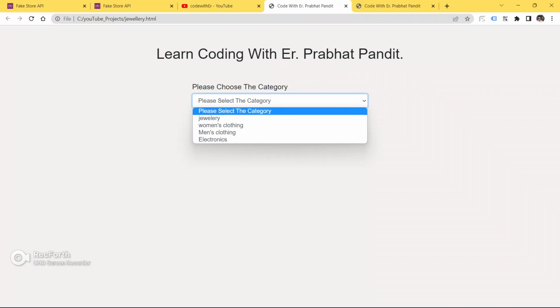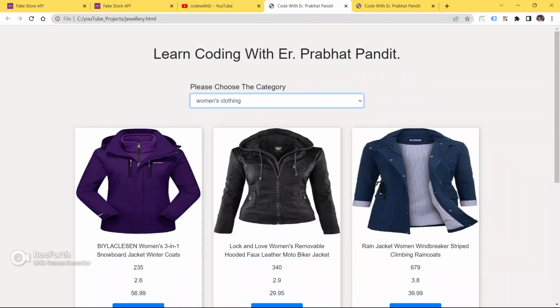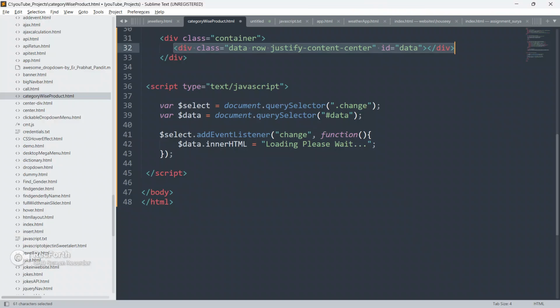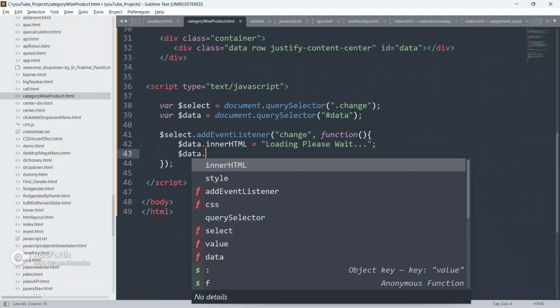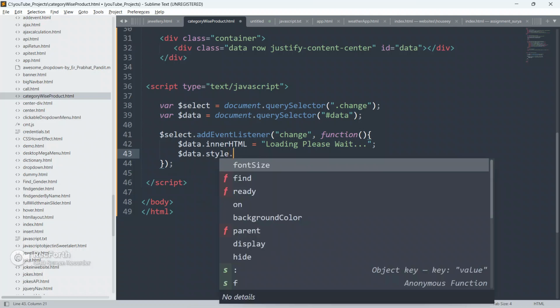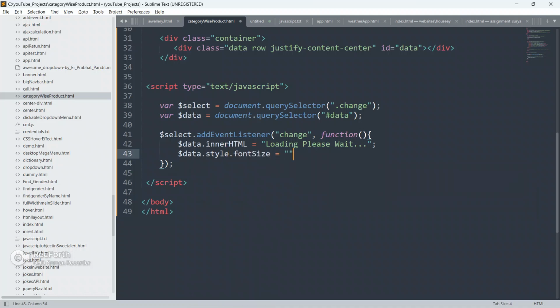Let me show you the example. You will see the text please wait for a few seconds. Exactly this. So here we are loading this text. Then again, data dot style dot font size, give font size 35 px.